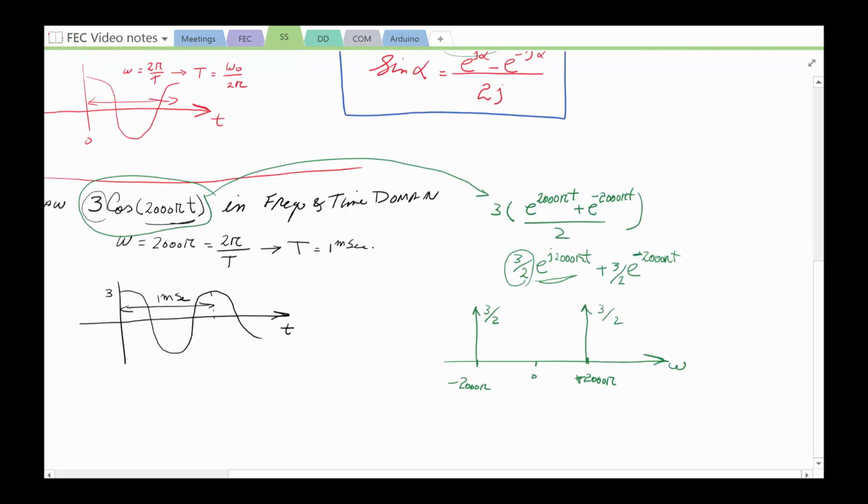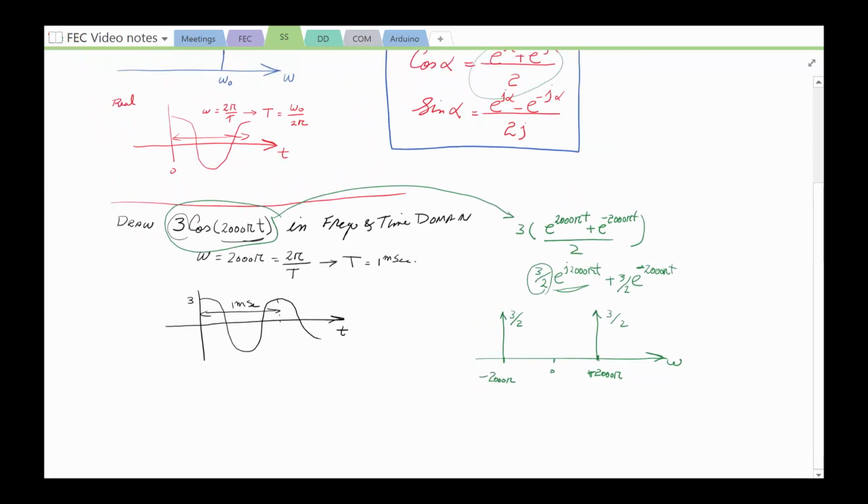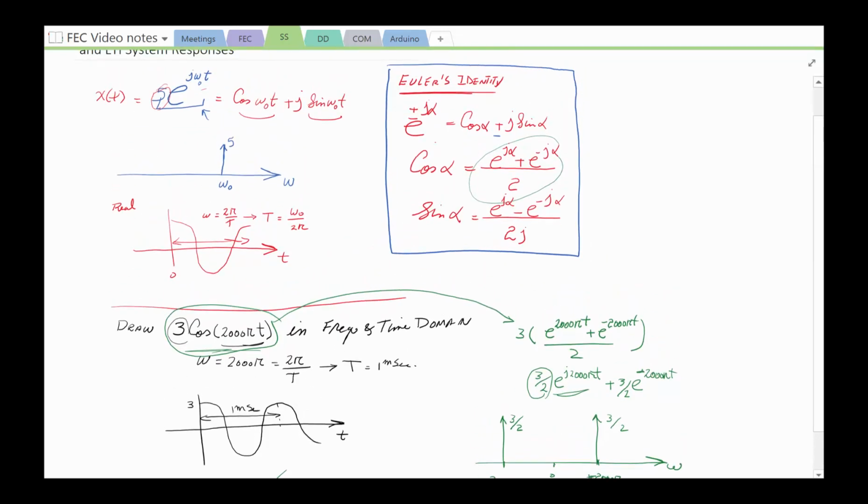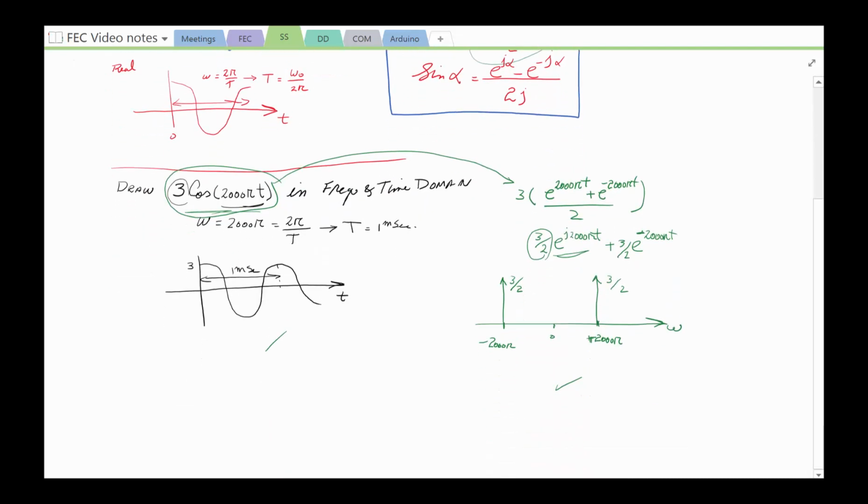Now, what we've done is we've taken our signal that was given right here, we represented it in time domain, and we've represented it in frequency domain. So that was great, all right? But it's kind of nice because it was a cosine, and the Euler identities nicely allowed us to take the cosine or the sine. If it was sine, we could do it too, and turn it into its frequency components, which basically says we got two components, one is plus 2000, one is minus 2000,